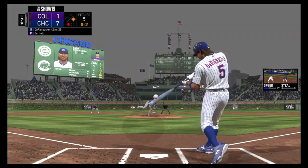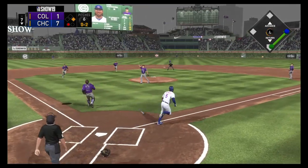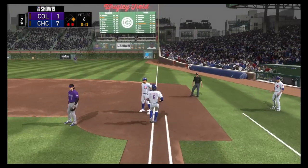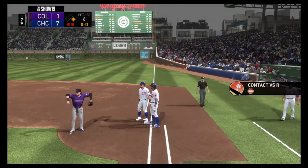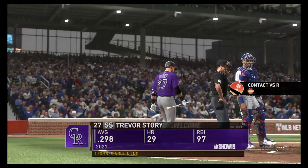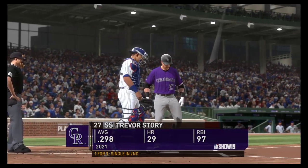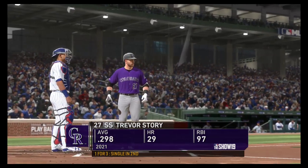The 0-2 pitch, popped up. Arenado will look this one in, and that's out number 2. And that brings in the power-hitting shortstop, Trevor Story. He leads off their half of the 8th, and they've been unable to get that starter out of the game